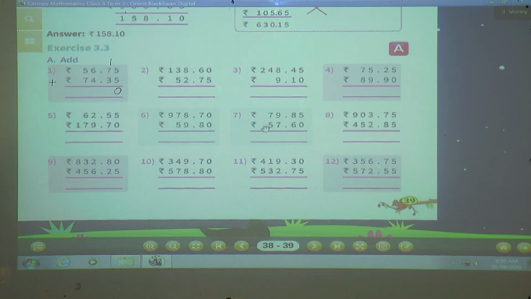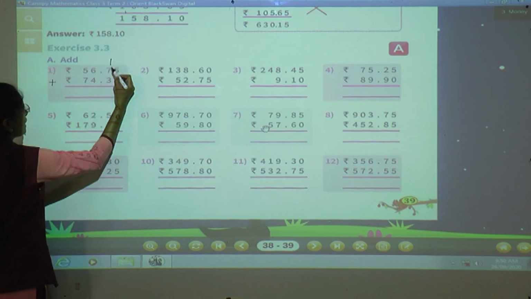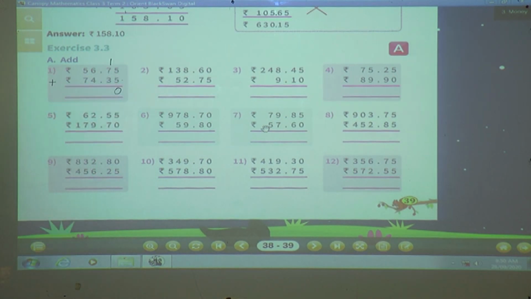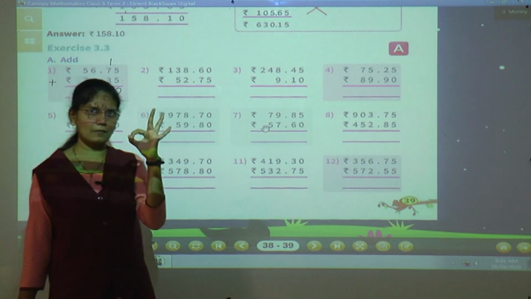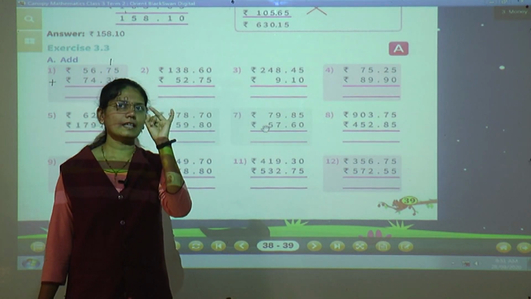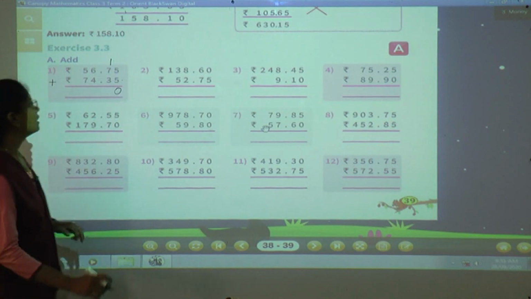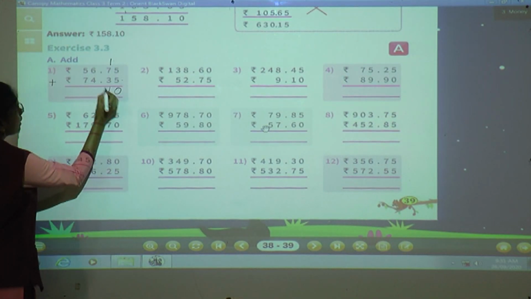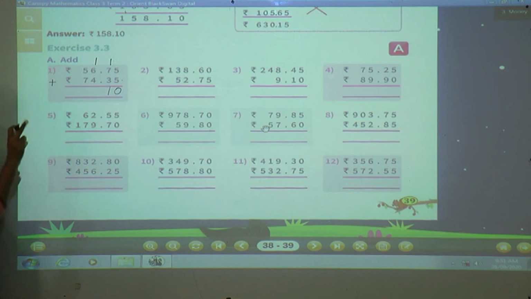Okay, next. Now here 1 is there and here 7 is there. 1 plus 7, 8. Then 8 plus 3. You have to keep 8 in your mind, and then take out 3 fingers. Show your 3 fingers. In your mind, which number is there? 8 is there. So after 8, you have to count your 3 fingers: 9, 10, 11. So 8 plus 3, 11. So what we will write here? 1, and 1 will be the carry to the next place.